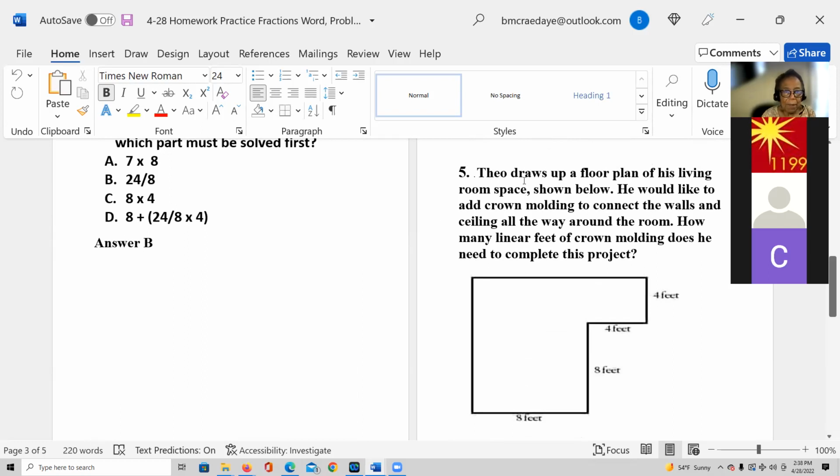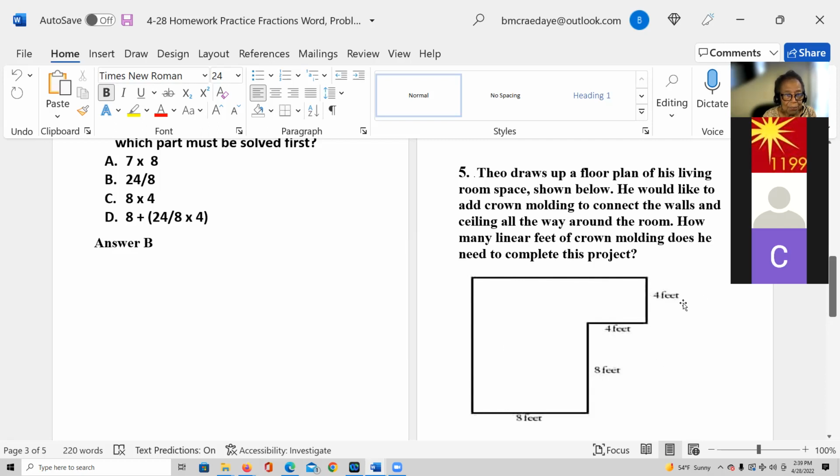Theo draws up a floor plan of his living room space shown below. And you see this is an irregular shape. So you can't call it a rectangle, you can't call it a square, you can't call it a triangle, you can't call it a circle. It's an irregular shape, right? But if you know the length of each side,